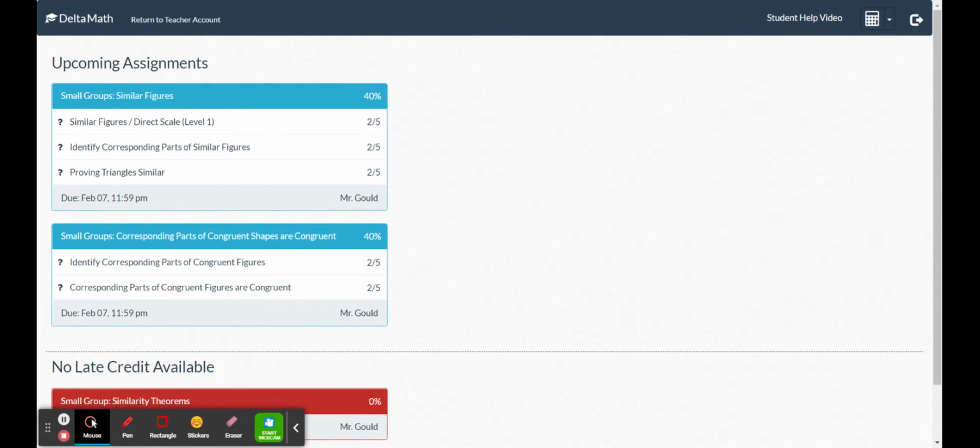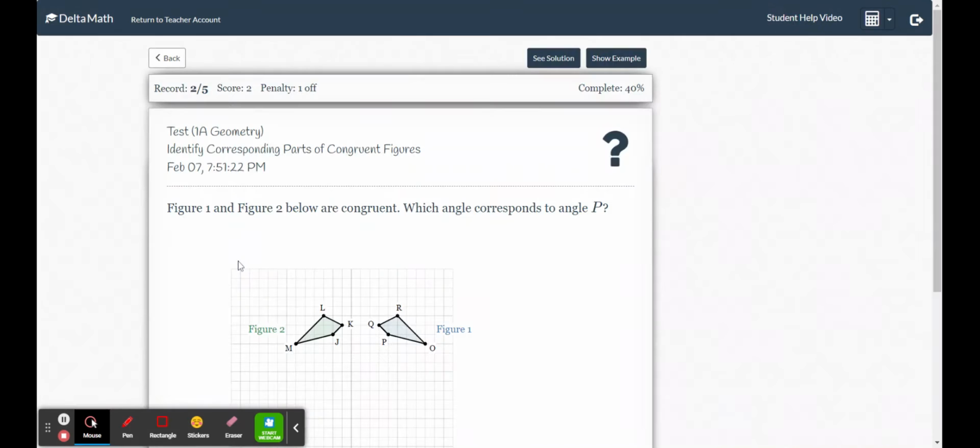I'm going to go ahead and walk you through the process of how to answer these questions using Delta Math. So this will be small groups. Corresponding parts of congruent shapes are congruent. So the CPCTC is what we will be going over that you kind of briefly remembered from your journal assignment, right? So for this question again, anytime we're in Delta Math and we're confused, we don't understand what's going on,